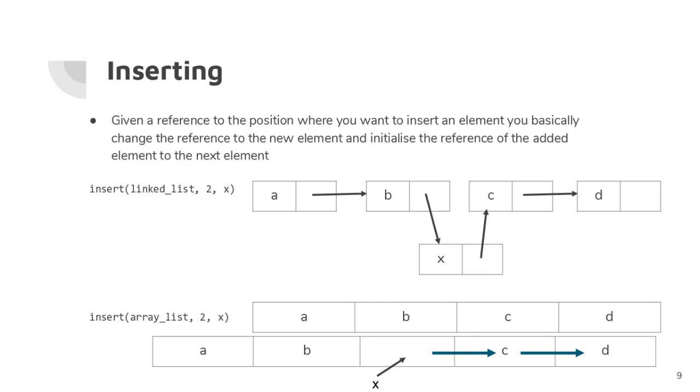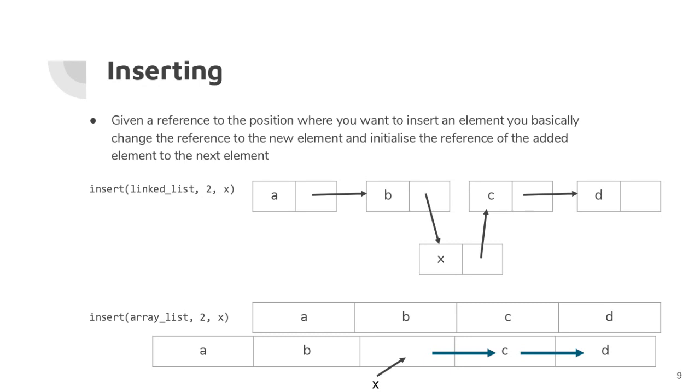But if you have an array list, it gets a little bit more inefficient. So if you insert an element X at position 2, that means first you have your original array A, B, C, D. Then it could be that you have to copy it. If there's no more free slot here, there's no additional capacity, and your array has only 4 elements, then you have to resize your array to an array of 5 elements, and also all the elements after index 2 have to be moved one